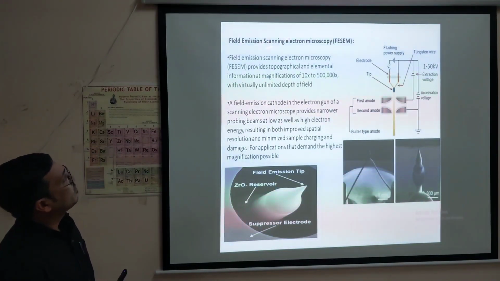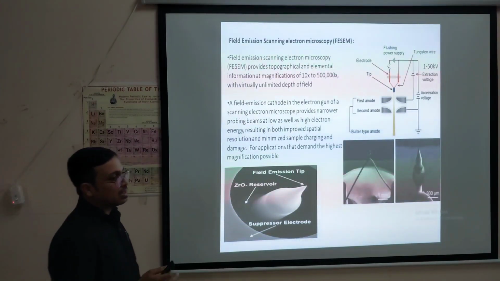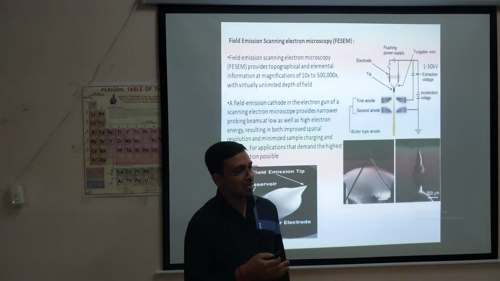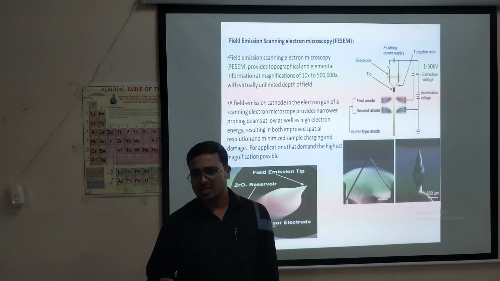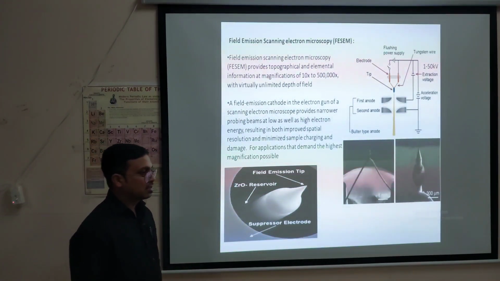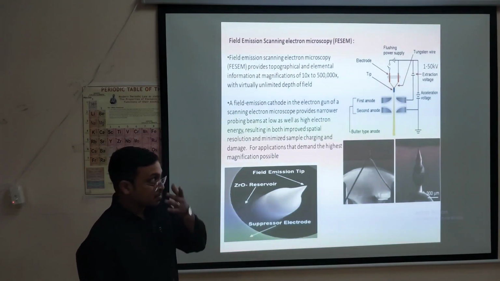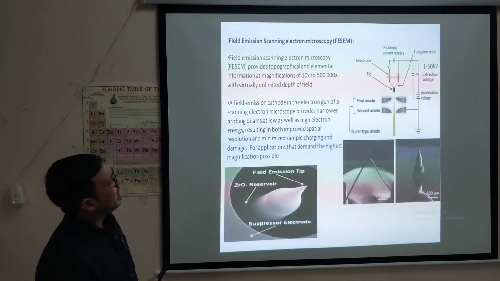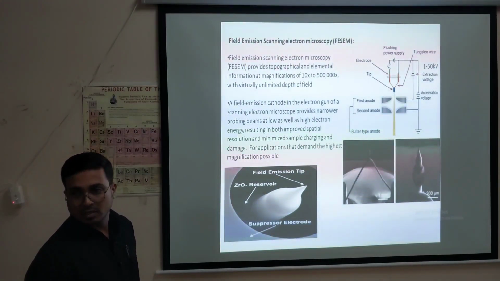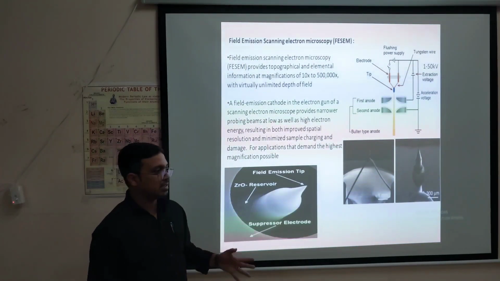Now comes the slide representing your field emission scanning electron microscope. Look, I told you that the magnification of SEM is around lakhs, or up to 3 lakhs maximum based on the sample quality. But here you can go up to 5 lakh magnification. Do you follow? 5 lakh, and your resolution will be less than 5 nanometer. Just think how clearly you can visualize in a SEM image.